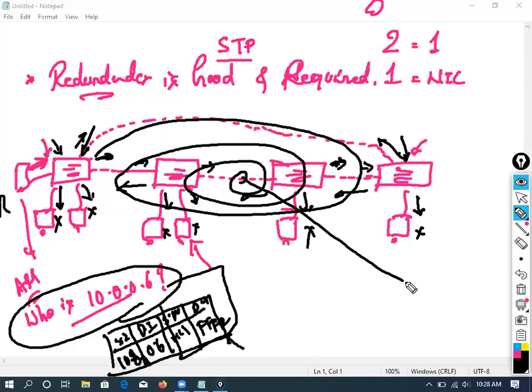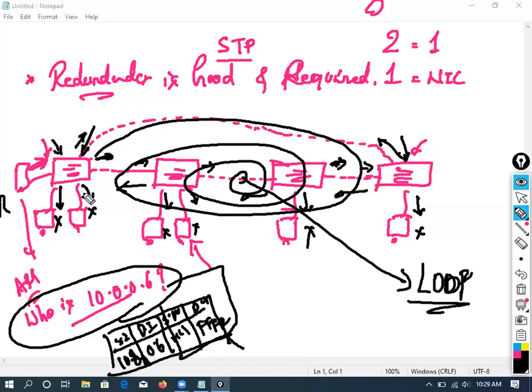So this is what is called a loop. What is a loop? Like a circle, right? The packet will fall in the loop. Is it clear? If a loop occurs, it's going to create huge traffic, as you told. Plus, that's one point.